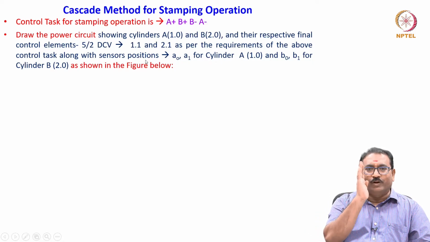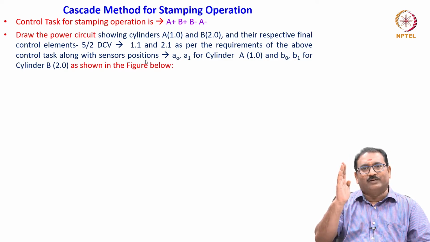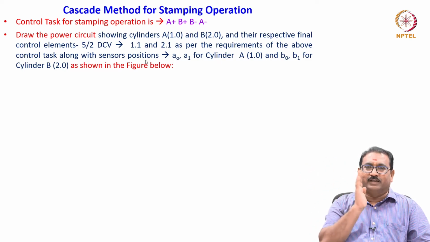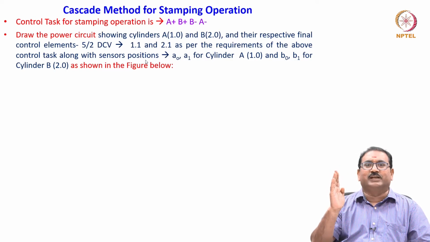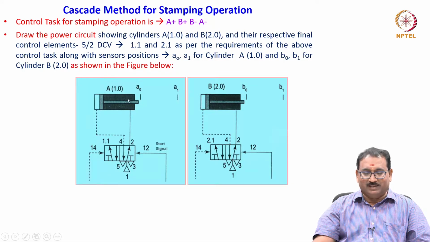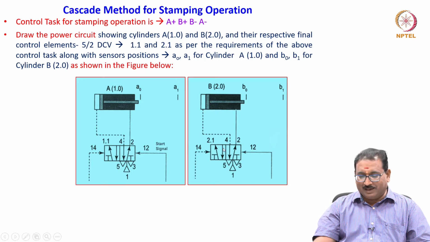A0 is because we have to monitor that cylinder A is in the retracted position. A1 means we have to monitor after cylinder A extends, then B will do its activity. That is why we have to monitor the retracted position and extended position of the cylinder. That is why we have to mention in the circuit A0, A1, B0, B1, correct? Like this, you already know this. For the cylinder, A0 is the retracted position, A1 is the extended position. These are the sensor positions. Here I am using the valves. B0, B1, correct? This is a 5 by 2 valve. You already know this. 1.1 and 2.1.